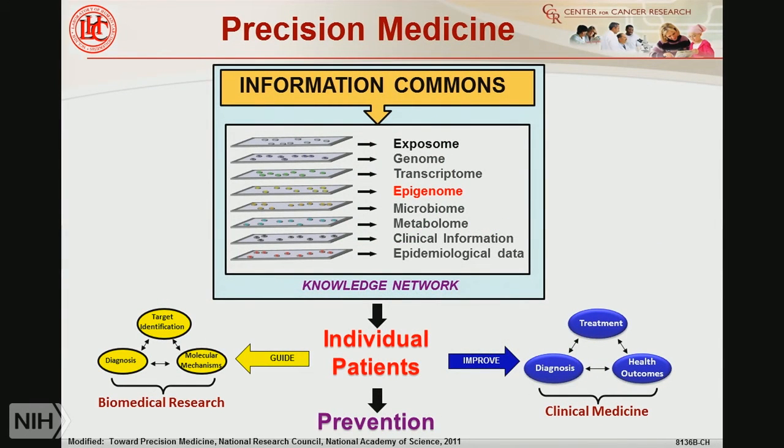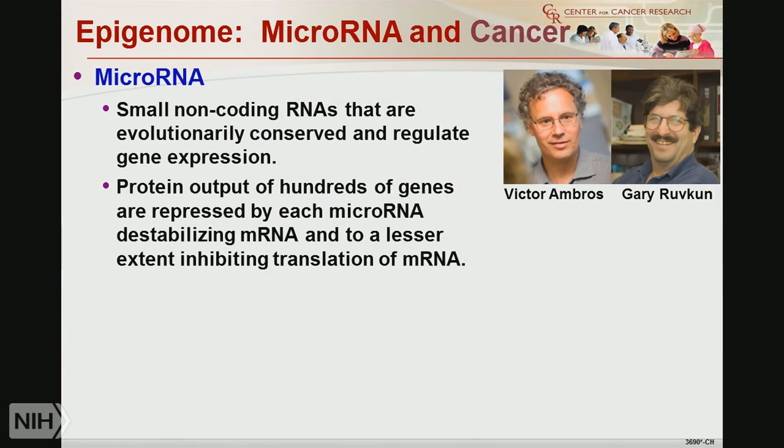So now let's go to the transcriptome and the epigenome. And microRNAs. So microRNAs are small non-coding RNAs. They're about 24, 26 base pairs, so they're quite small. And they were discovered by this fellow right over here, Victor Ambrose. Now, Victor is a basic scientist who was studying C. elegans, and that's a yeast. And he made the discovery that there were these small RNAs, and they had function too.